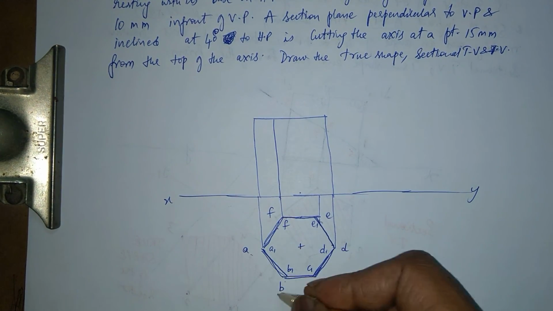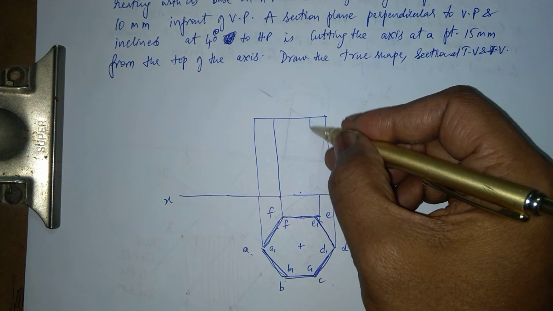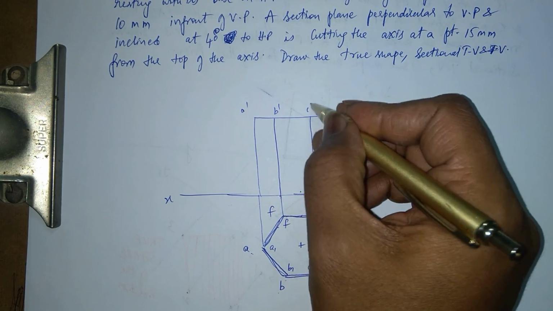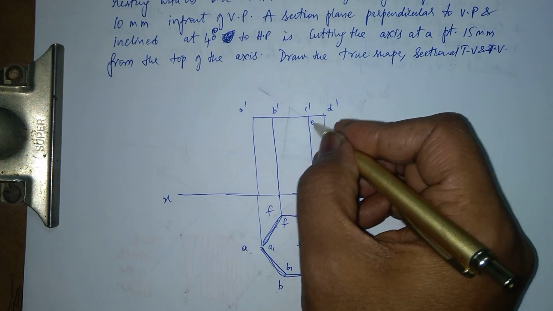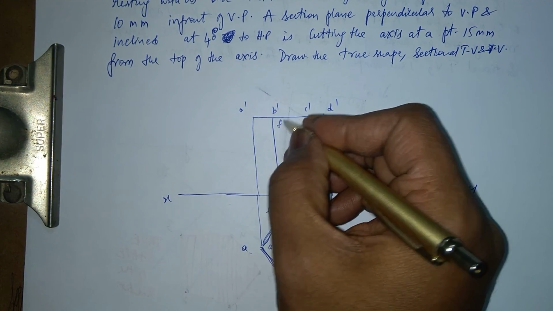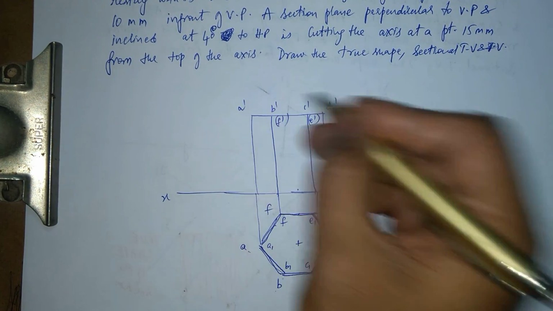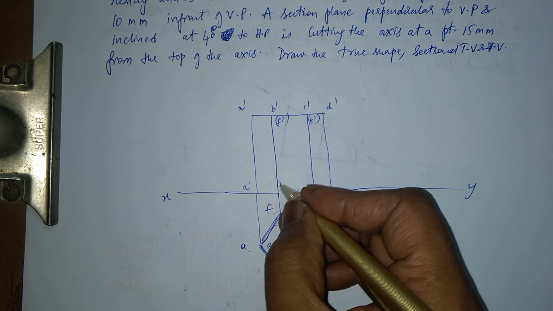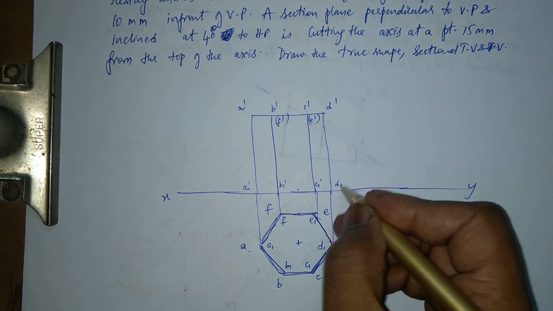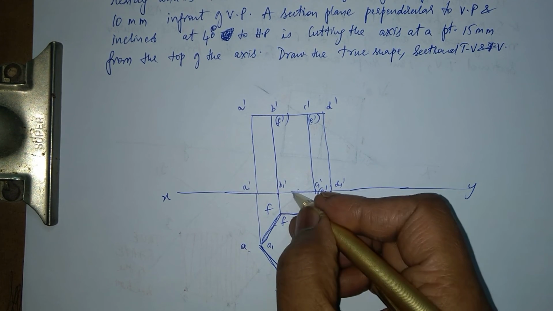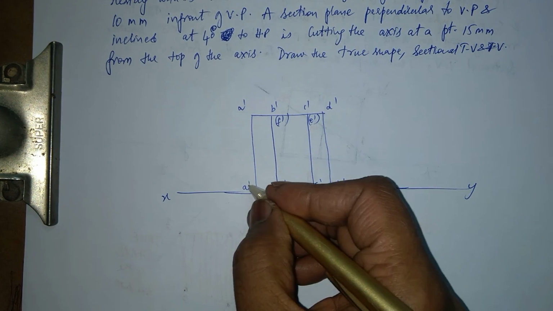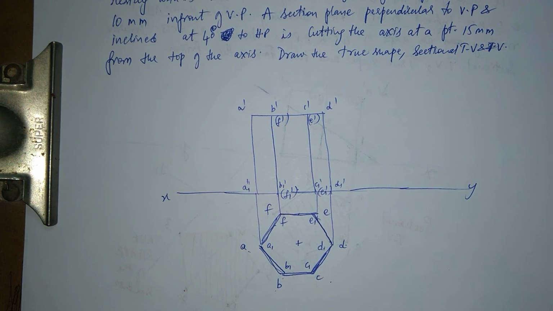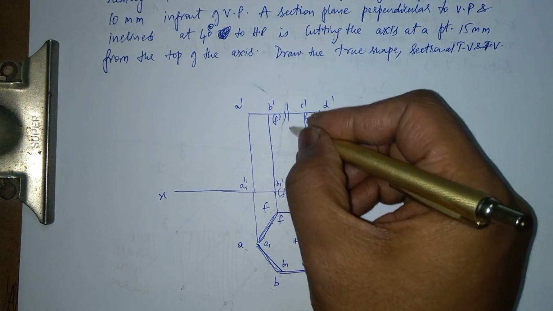These edges A, B, C and D are seen. Okay, there's no confusion here. So this is like A dash, B dash, C dash, D dash. All these are seen. E dash is not seen and F dash is not seen. It's behind the scene. Now similarly, I have A1 dash, B1 dash, C1 dash, D1 dash, E1 dash, F1 dash. So these are the 6 corners on the top and 6 corners on the bottom. Now I have my axis line here. Let me put my axis line.